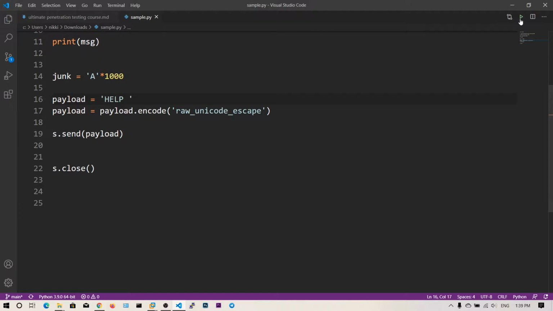We have sent the HELP, but we did not get any message. We need to add \r\n, maybe.